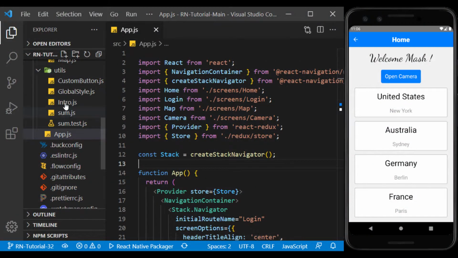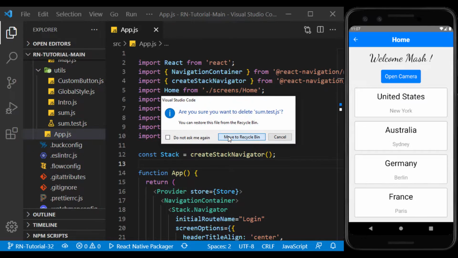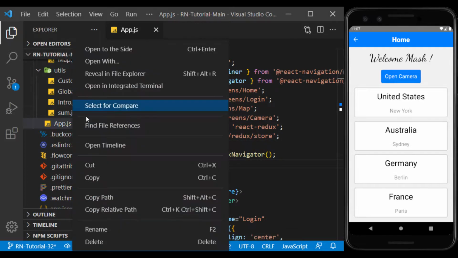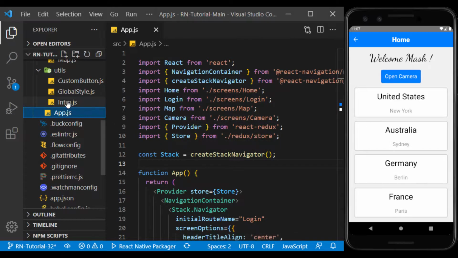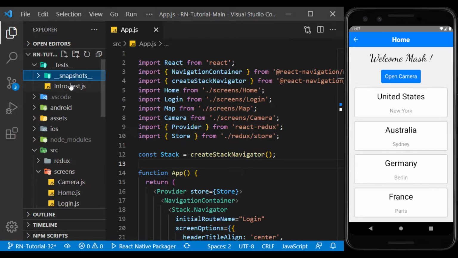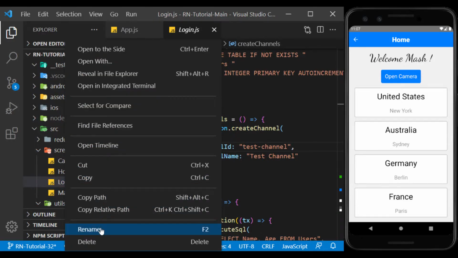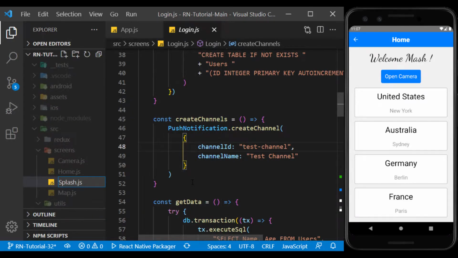In the previous session, we got acquainted with testing in React Native using Jest. Now I will delete the files we created for testing. We no longer need the login page, so I renamed it Splash to use as the entry page.